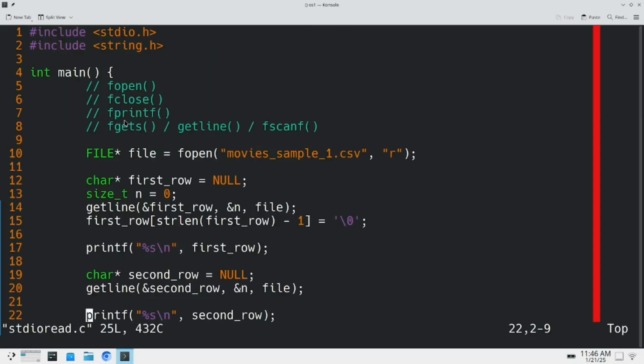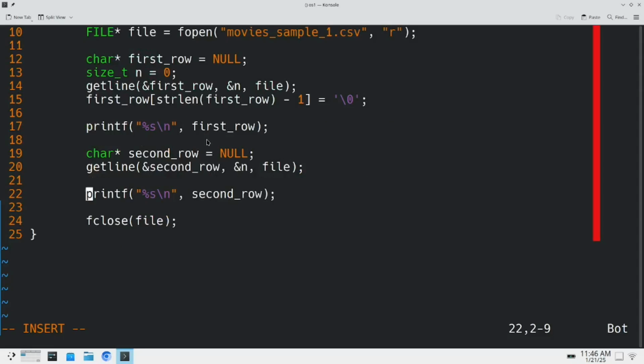Okay. Now suppose you wanted to do this in a loop, and you wanted to just keep reading lines of text until eventually you get to the end of the file, right? getLine can sort of detect the end of the file. It's capable of detecting end of file scenarios. When you get to the end of the file, getLine, well, I mean, one thing that you can do, it